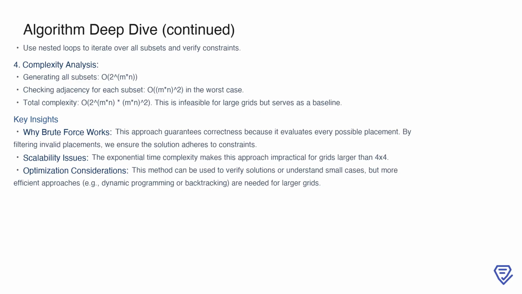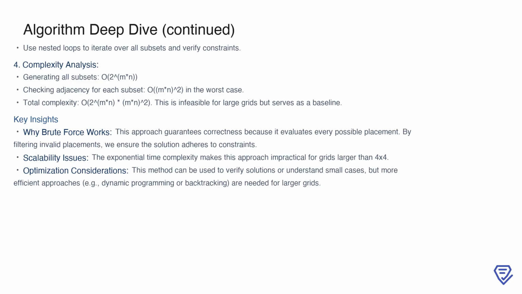Then, for each subset, we need to check adjacency, which involves comparing the coordinates of the selected cells. In the worst case, this takes (m times n) time per subset. Combining these, the total time complexity becomes O(2^(m*n) × (m times n)). While this approach guarantees correctness by evaluating every possible placement, the exponential growth makes it infeasible for